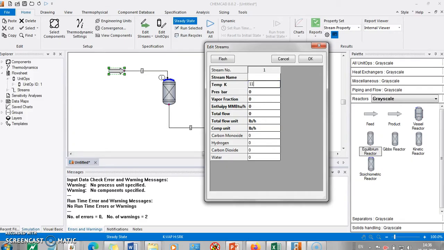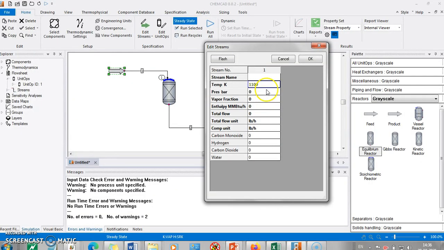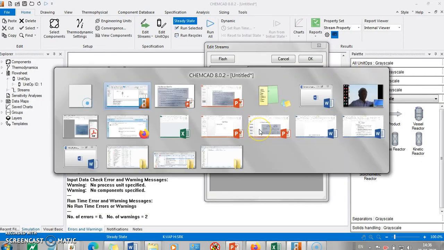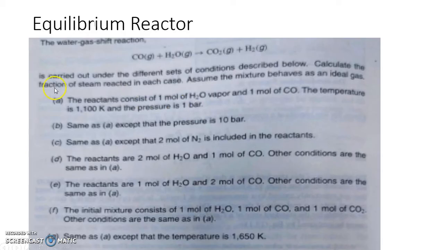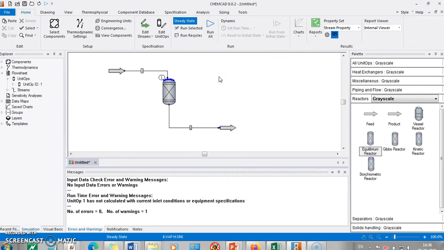So we write 1100 and the pressure is 1 bar. And it is said that we start with 1 mole of H2O and 1 mole of CO. So we write here mole per hour, 1 mole of H2O and 1 mole of CO. We flash this and okay. So our feed is defined.